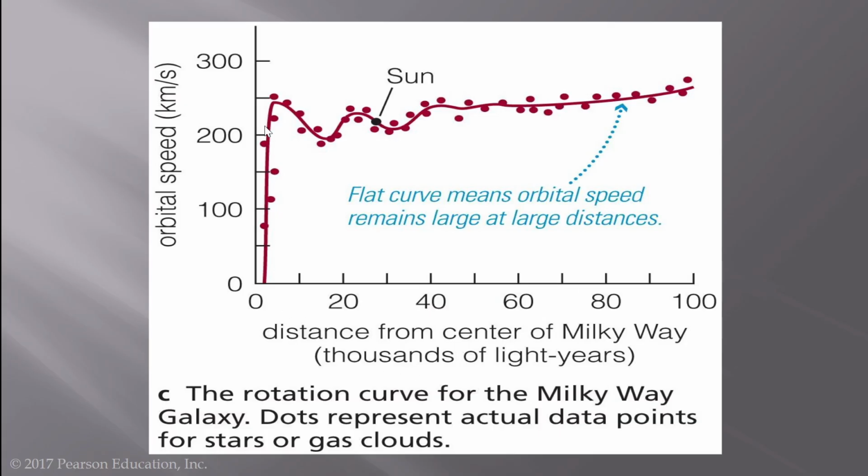And for the initial rise, this is because we don't have a point mass like our sun at the very center. There is technically the supermassive black hole, but we have a relatively wimpy supermassive black hole at the center of our Milky Way. The mass in stars dominates by a factor of 10,000 compared to the mass of the black hole. Well, let me double check those numbers. So the mass of Sagittarius A* we think is around 4 million solar masses. The mass in stars in our Milky Way we think is roughly 100 billion solar masses.